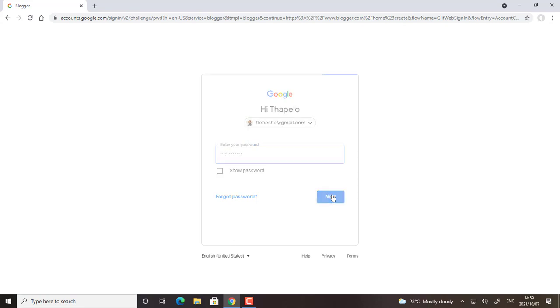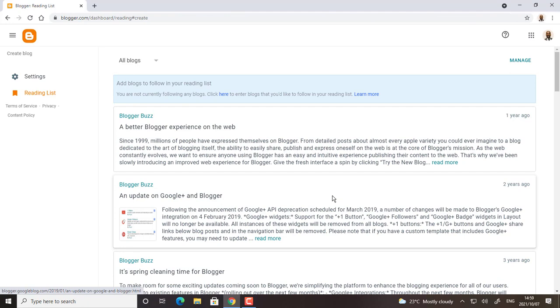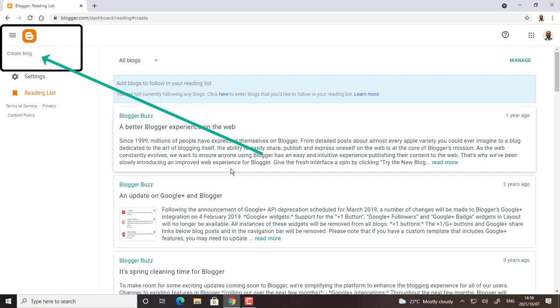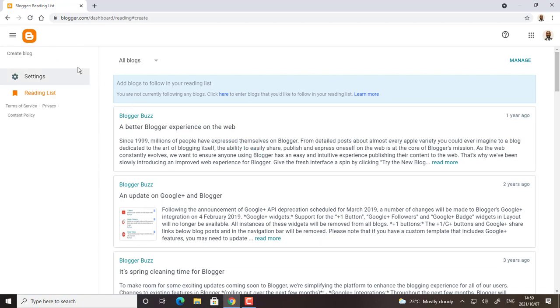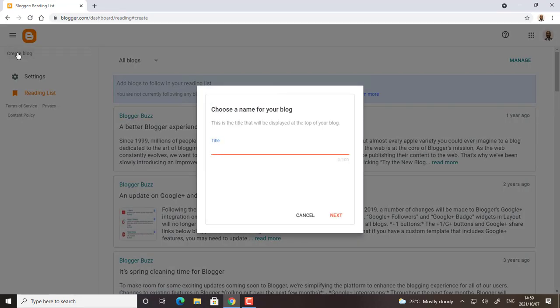When I log in and put in my password, it takes me straight to a space where I can actually create a new blog. On the left hand side, as you see at the top left there, it's written create blog. As I click create blog, it needs me to give my blog a name. So I'm going to give a title for my blog. If I'm creating a blog called, as an example, Middelburg Darts Club,